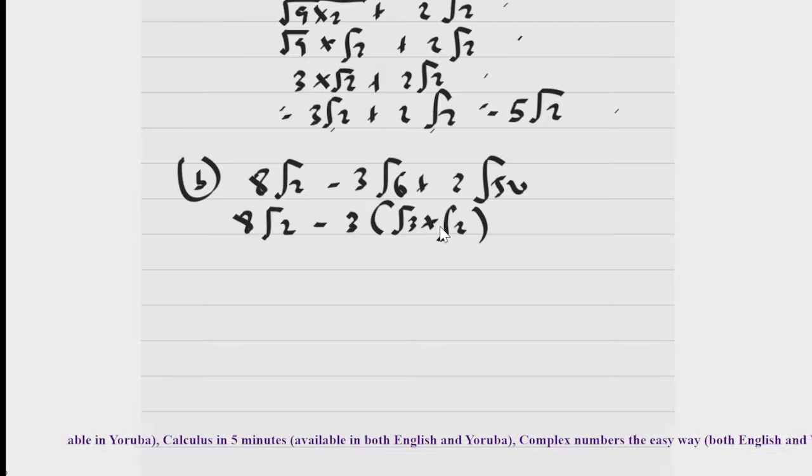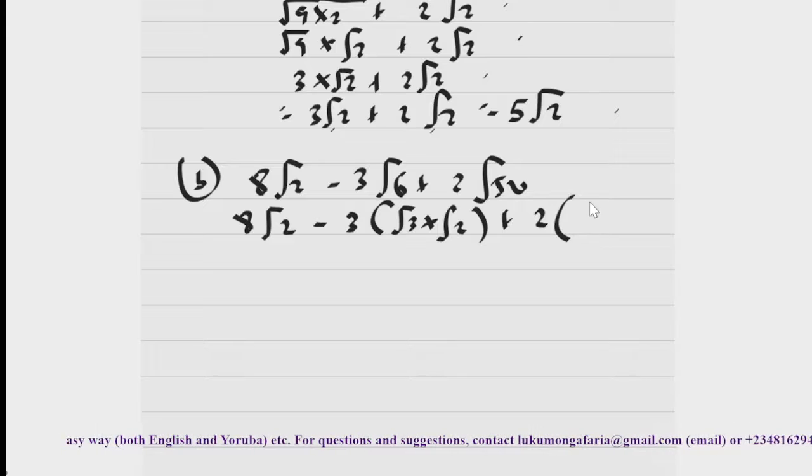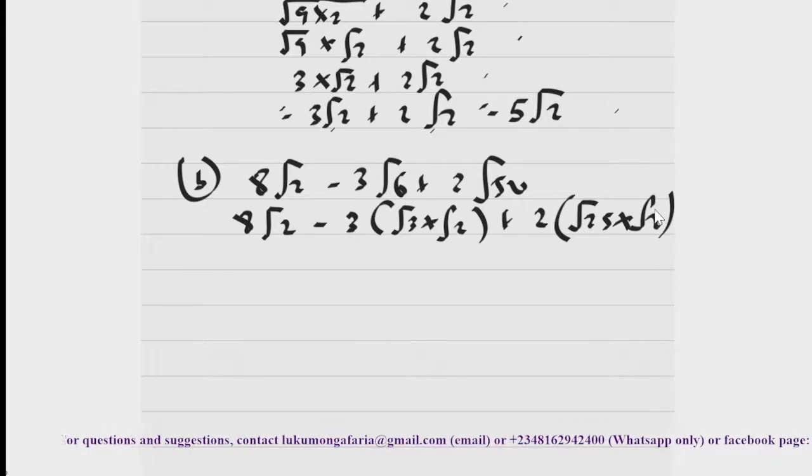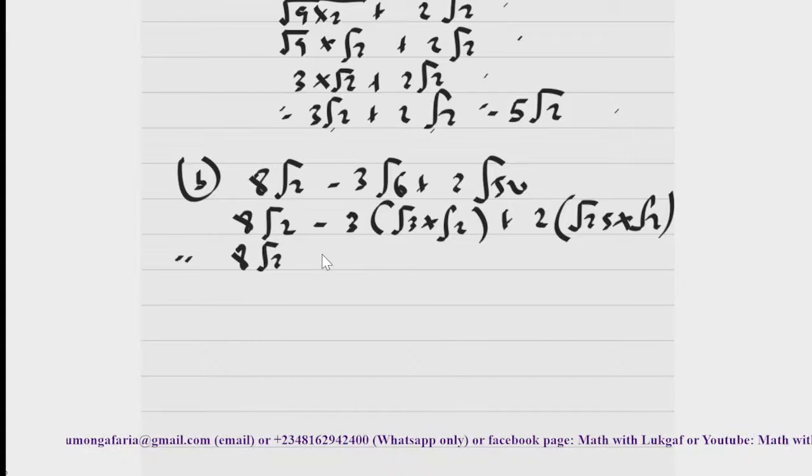But we have to split it such that we can collect the like terms at the end of the day. And this one will give me what? Plus 2. So we can split this further. This will give me root 25 times root 2. Is that not so? Yeah, I think. So then you are going to have 8 root 2